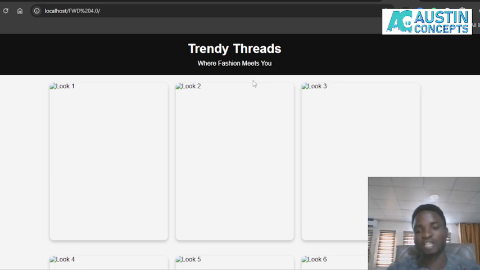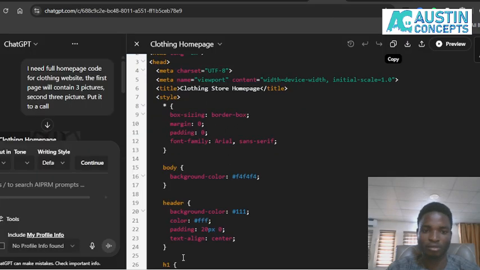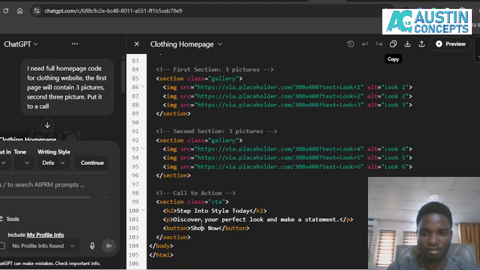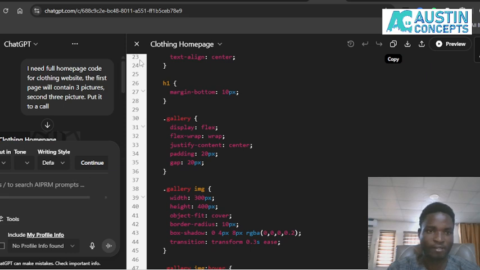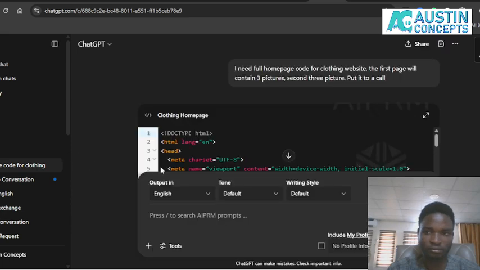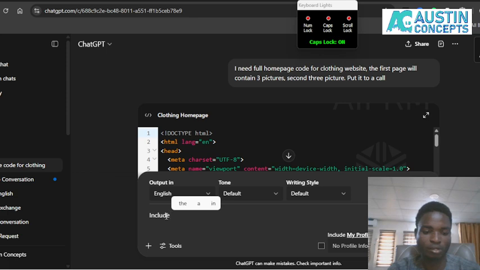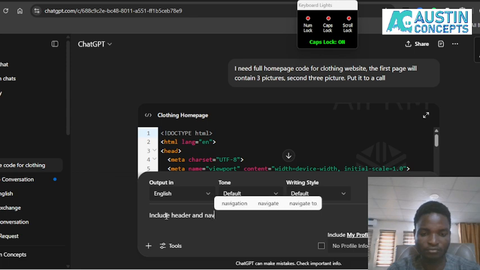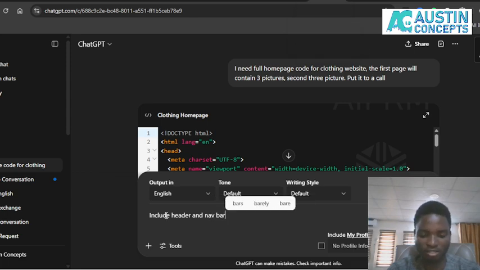Now I didn't ask ChatGPT to give me a header and nav bar. Now assume if I want to add a header and nav bar, let me just go and say, include header and nav bar